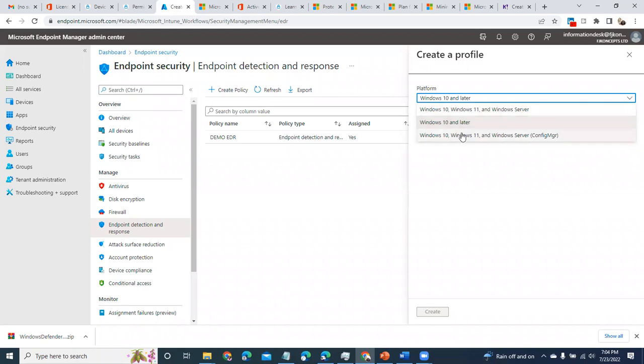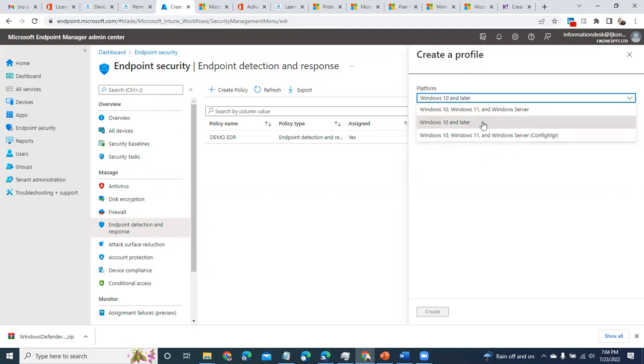So now this is where experience comes in. Never create one policy for everything. For instance, I wouldn't recommend this in production: I wouldn't recommend having one policy for Windows 10, Windows 11, and Windows servers. Neither would I recommend using one policy for Windows 10, Windows 11, and Windows Server with Configuration Manager. You do your Windows 10 and then you can select this and position it to servers. When you're done creating a policy, you can assign it to an assignment group that has a collection of devices.